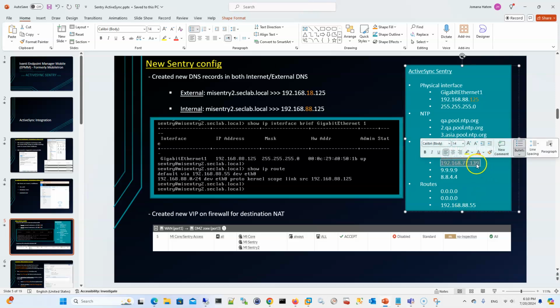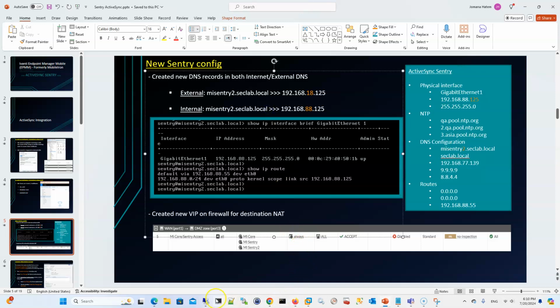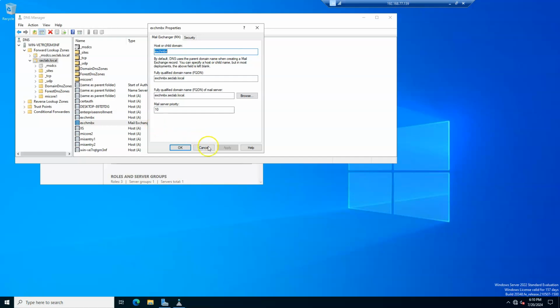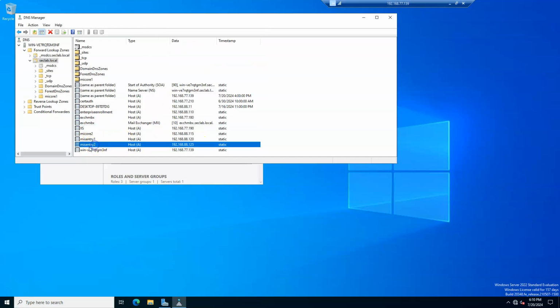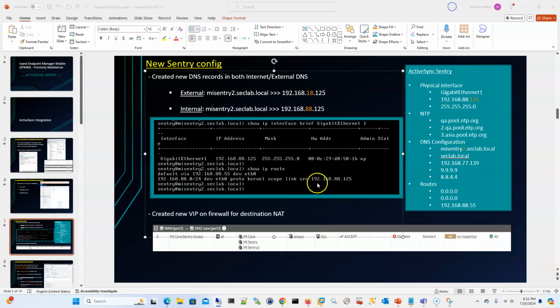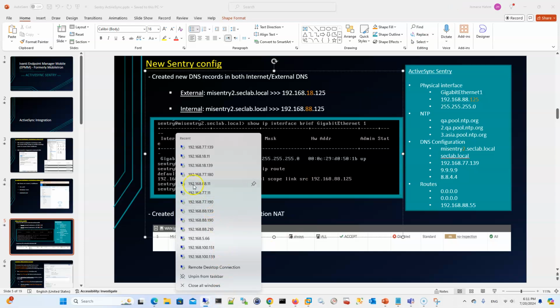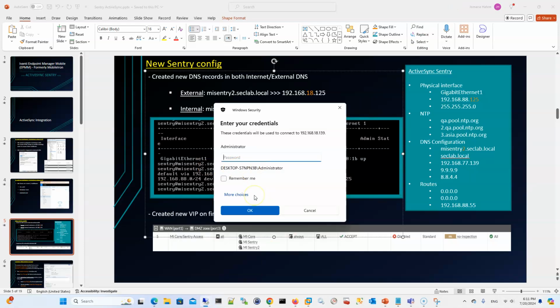So basically I created it on the internal DNS and also on the external DNS for our mobile devices to be able to reach the second Sentry that will be used for ActiveSync, so they are able to access the Exchange in the back end. So basically here you can see I have the MI Sentry 2 created with IP 125. So 88.125 is the internal IP or the real IP of the server. However, if we go to the external DNS, which is 18.139,